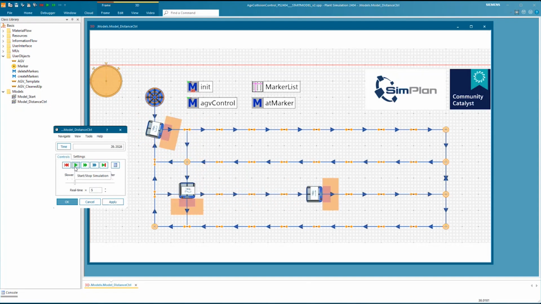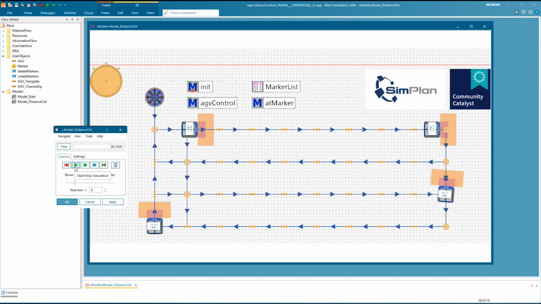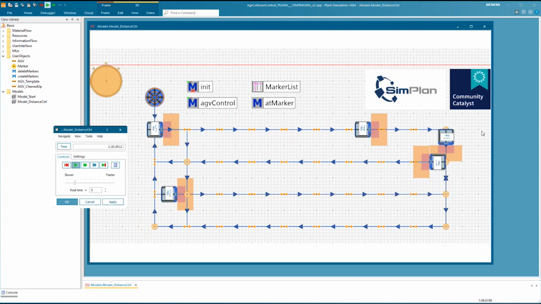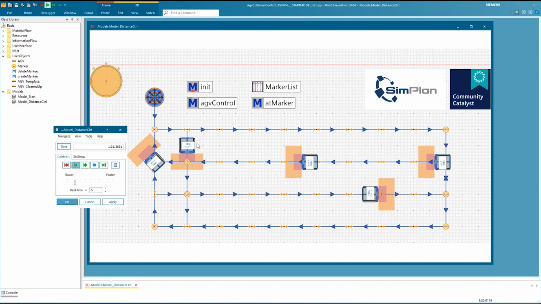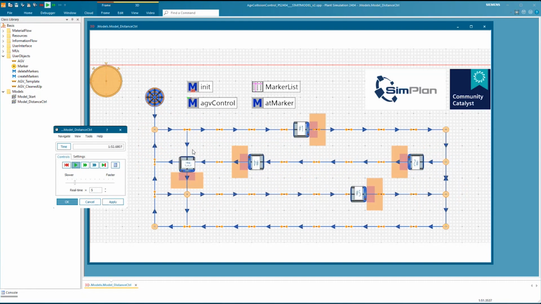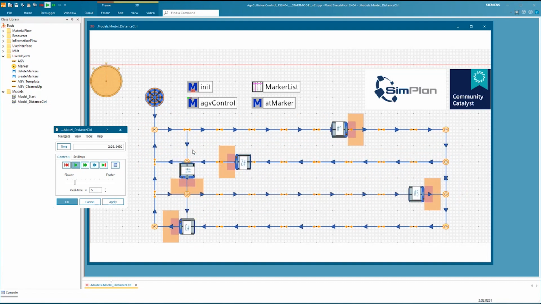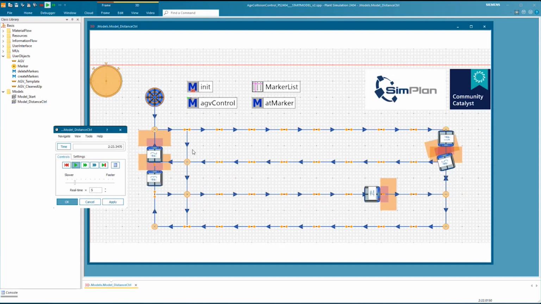Depending on the actual layout and the movements that your AGVs take, here you see this one stopped and let the other one pass. And then here again, this one stopped and let the other one pass. So depending on your actual layout, this method template for the distance control may be enough to already prevent collisions